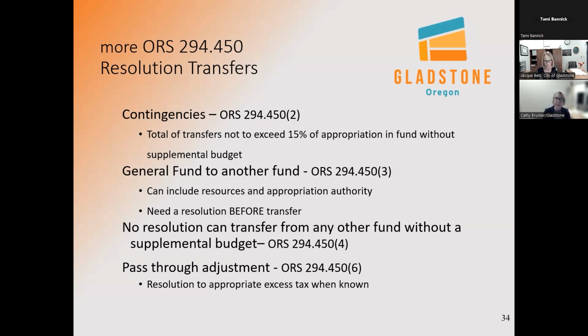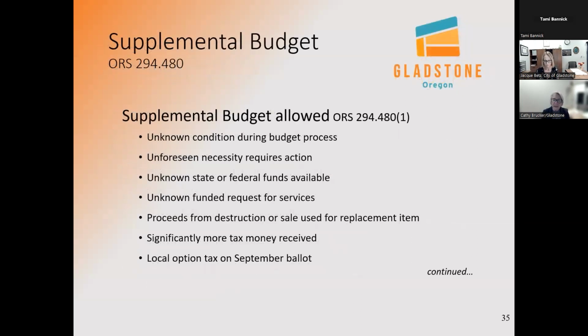And next slide. The supplemental budgets that are allowed, these have more requirements and may not have public hearing requirements. These are mainly utilized when there's an unforeseen circumstance that requires the increase of the total budget offset by a specific revenue source. And again, depending upon how much you are increasing the fund by will determine whether or not it must be advertised or not. These are some of the reasons that they may be allowed, but again, you must still follow those percentage requirements. Next slide.